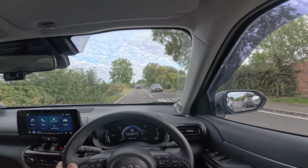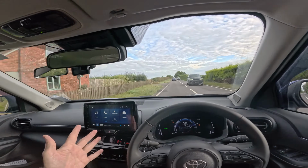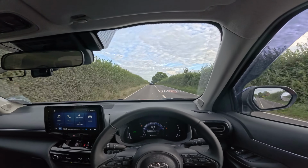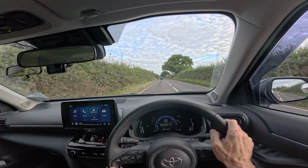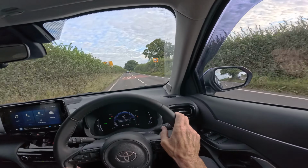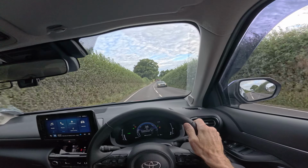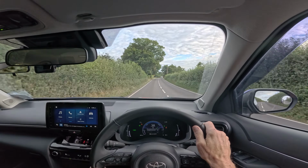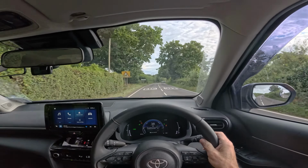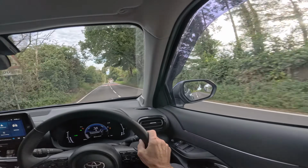Slow for the driveways, and again the house on the left there, someone going to turn in, pull out. In the distance we can see the change of speed limit to 40. Checking our mirrors, make sure we're at 40 for the sign, because again it's so easy if you've got a gap like this to just keep going, keep up with the traffic. Now we're down to 30,